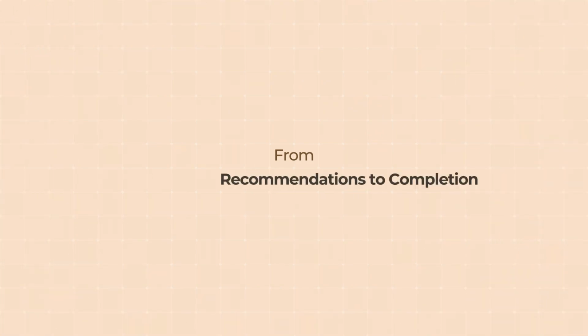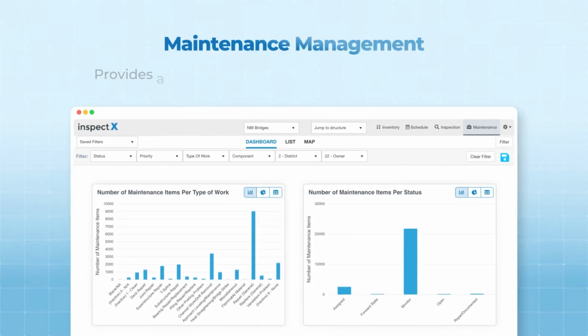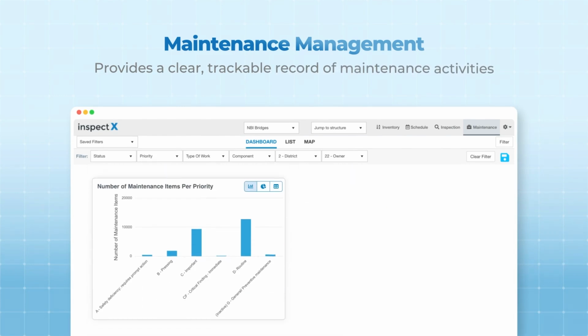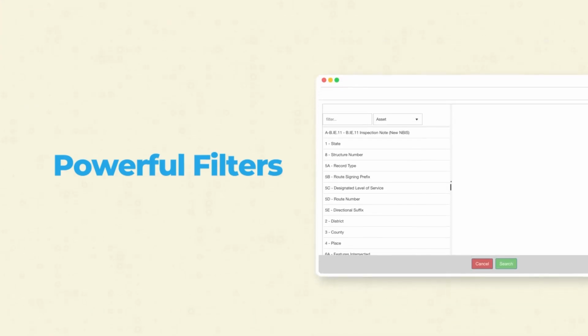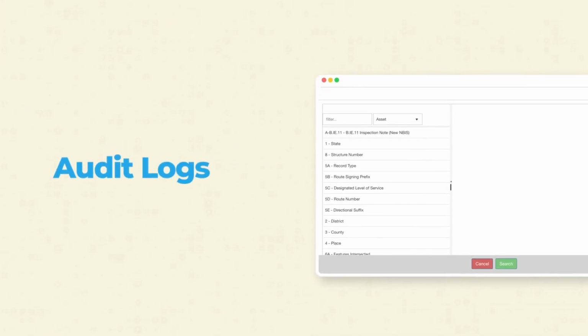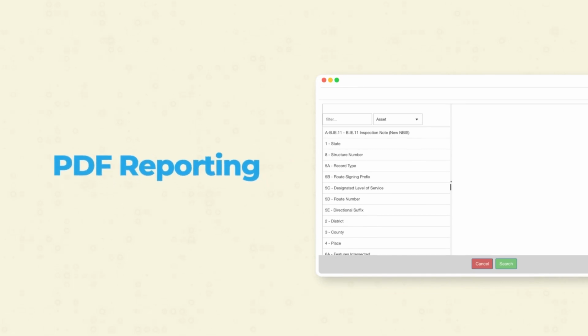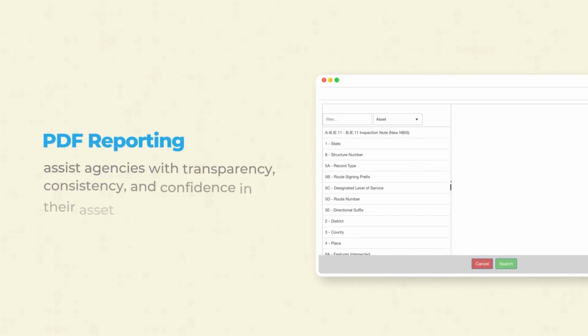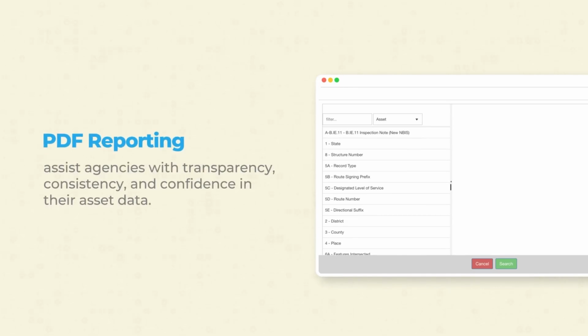From recommendations to completion, maintenance management provides a clear, trackable record of maintenance activities so nothing gets lost over time. Powerful filters, batch updates, audit logs, history tracking, and PDF reporting assist agencies with transparency, consistency, and confidence in their